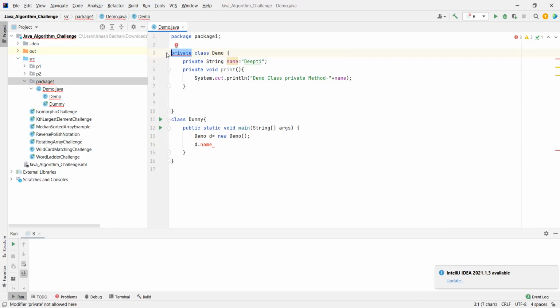Protected and the protected and the private. Okay, so that's the reason. Now we want to